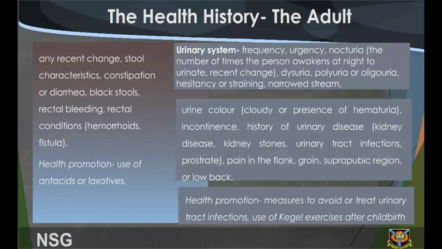Urinary system: frequency, urgency, nocturia (the number of times the person awakens at night to urinate), recent change, dysuria, polyuria or oliguria, persistency or straining, narrowed stream, urine color, cloudy or presence of hematuria,